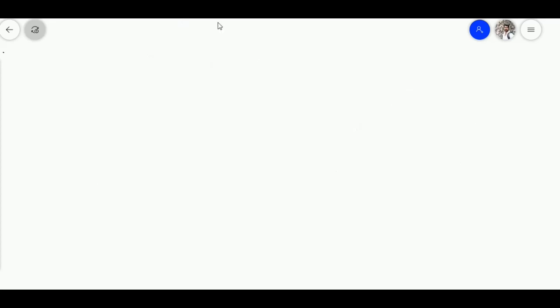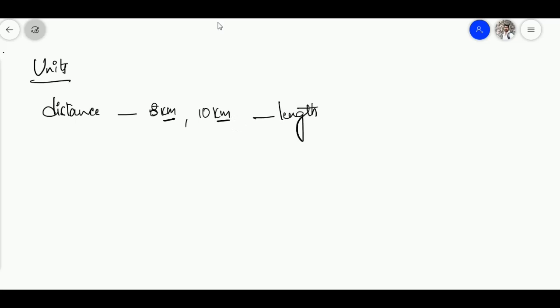Now let's talk about the units of distance. So distance is nothing but the length of that path which the driver has taken, and I said 5 kilometers, 8 kilometers, 10 kilometers, and 8.5. So I have taken some random values for random paths. So here itself you can see the units as kilometers, because this is nothing but the length of that path. So it can be in meters, centimeters, kilometers, millimeters, whatever. This is the unit of distance.